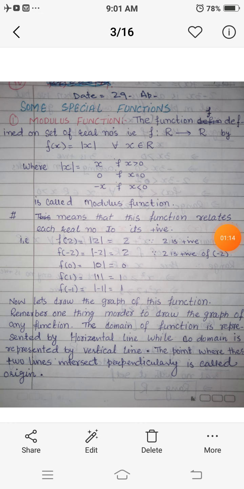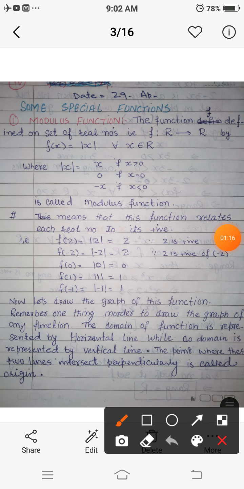So the definition of this function is: the function f defined on the set of real numbers, which means the domain of this function is the whole set R, and its codomain is also R, by f of x equals mod of x for all x belongs to R. Such a function defined by f of x equals mod x for all x belongs to R is called the modulus function, where mod x equals x if x is positive,